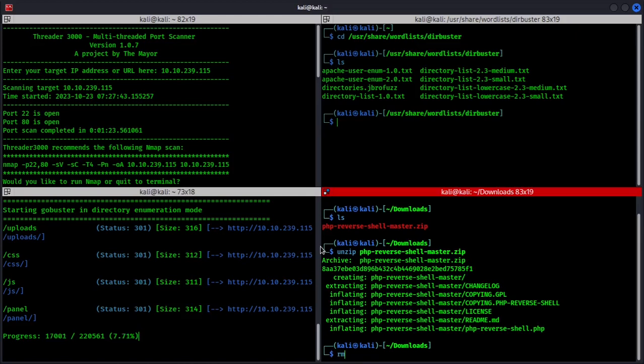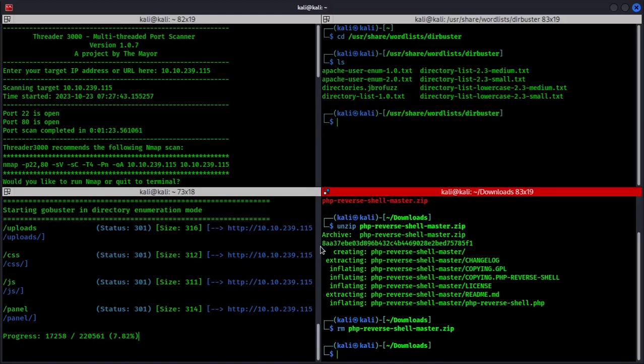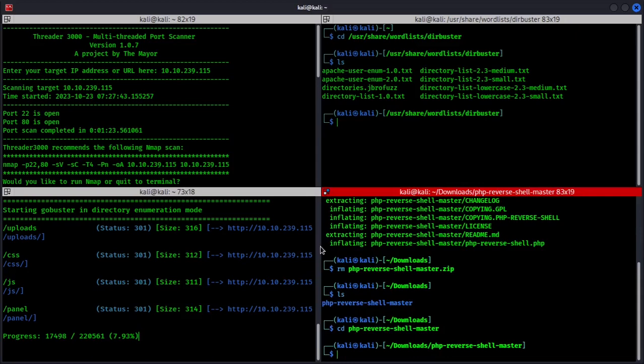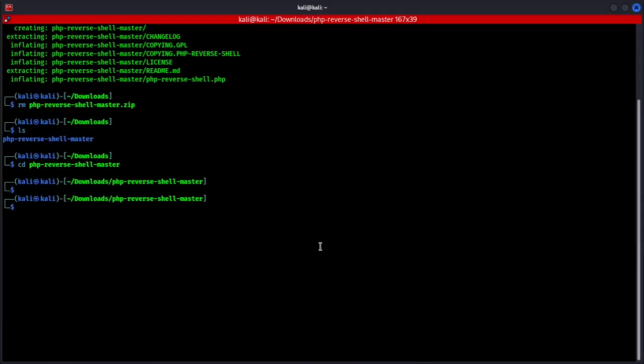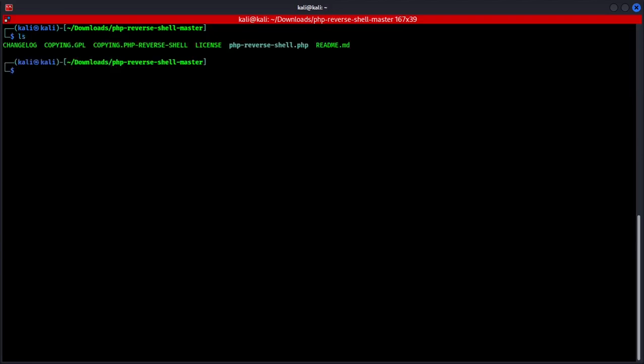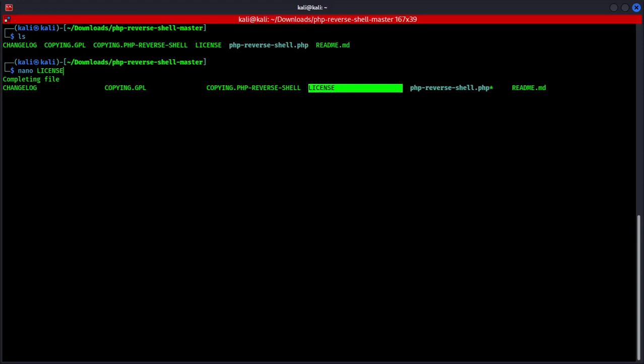We can actually remove the zip file as well. So we are going to edit this file right now. Let's do nano